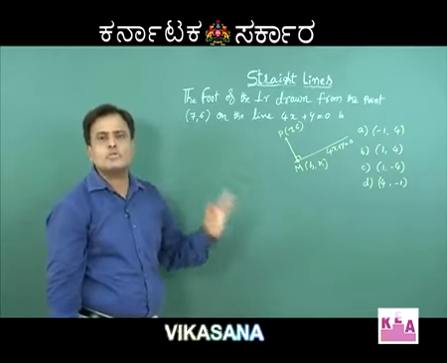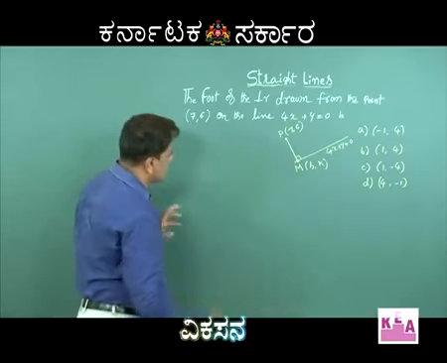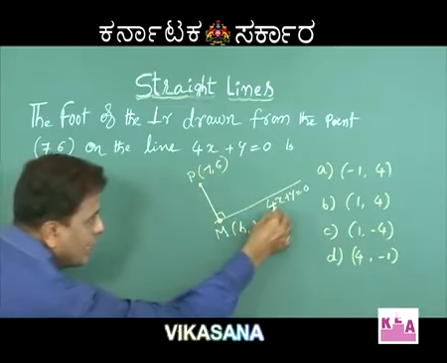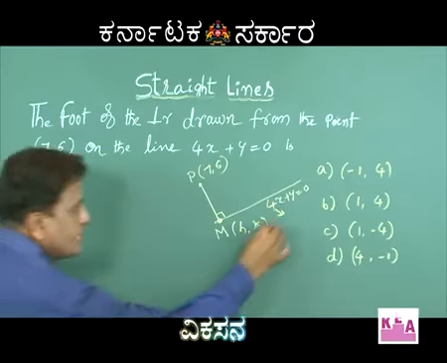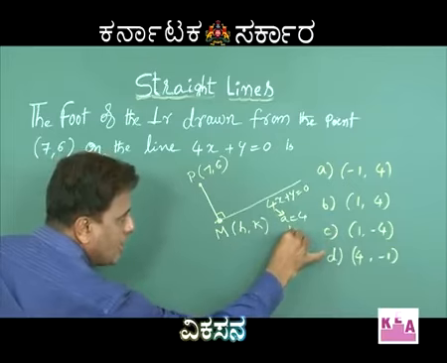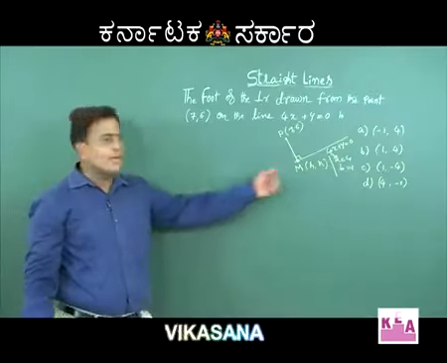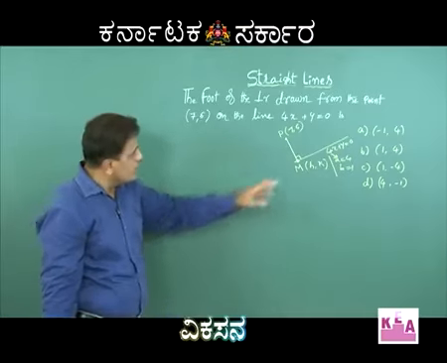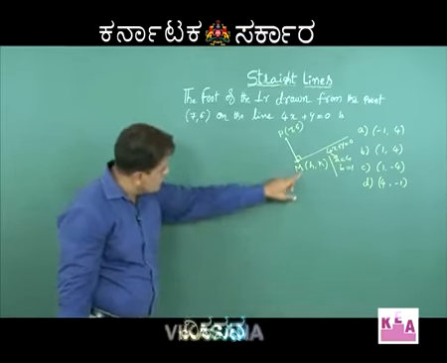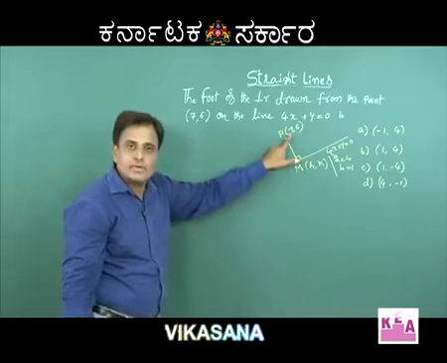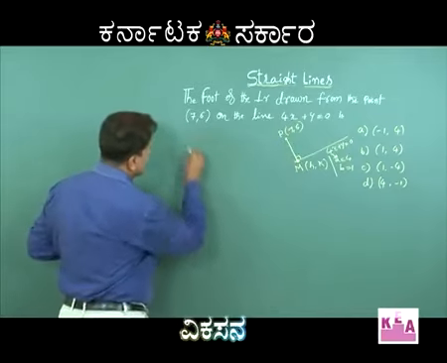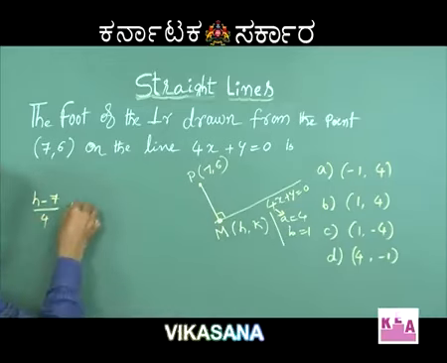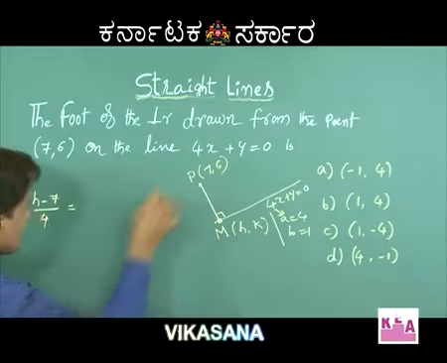Again the short technique is similar to the previous example. Please all of you see this. The short technique is, first these two coordinates are subtracted and divided by the value of a. Here in this question, a is 4 and b is 1. In the given line 4x plus y is equal to 0, therefore a is equal to 4 and b is equal to 1. The technique to find the coordinates of M is to subtract these two coordinates, that is h minus 7 divided by a, which is equal to, similarly, k minus 6 by b,